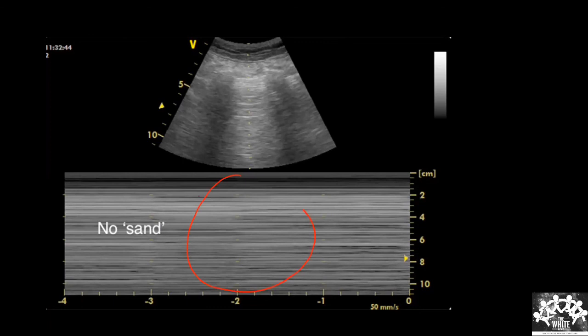See this. What do you think has happened? Now in this image, same area, a different patient. Instead of grain, you are seeing just straight lines. Yes, Sahana, good, you are going based on the concept. There is no movement. Why is there no movement? Because there is no lung.